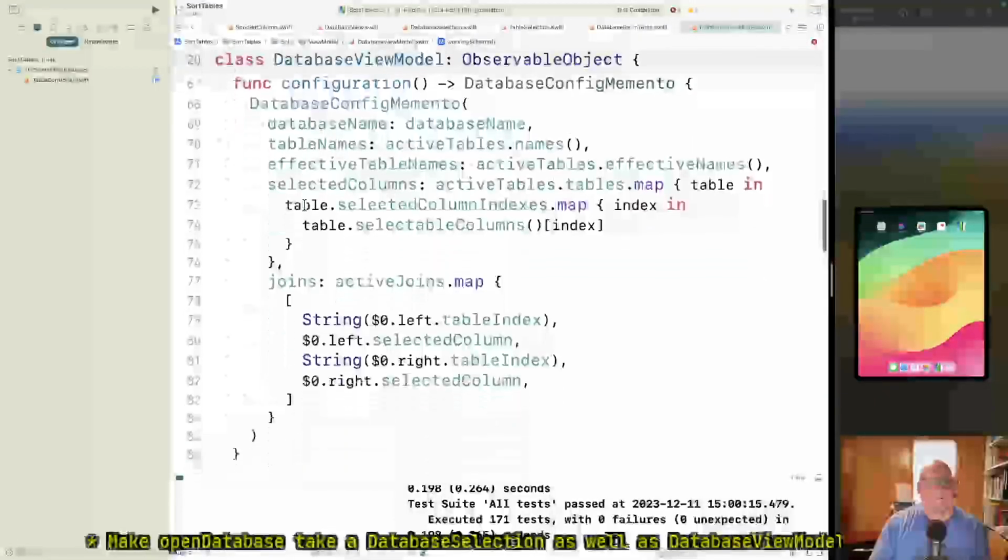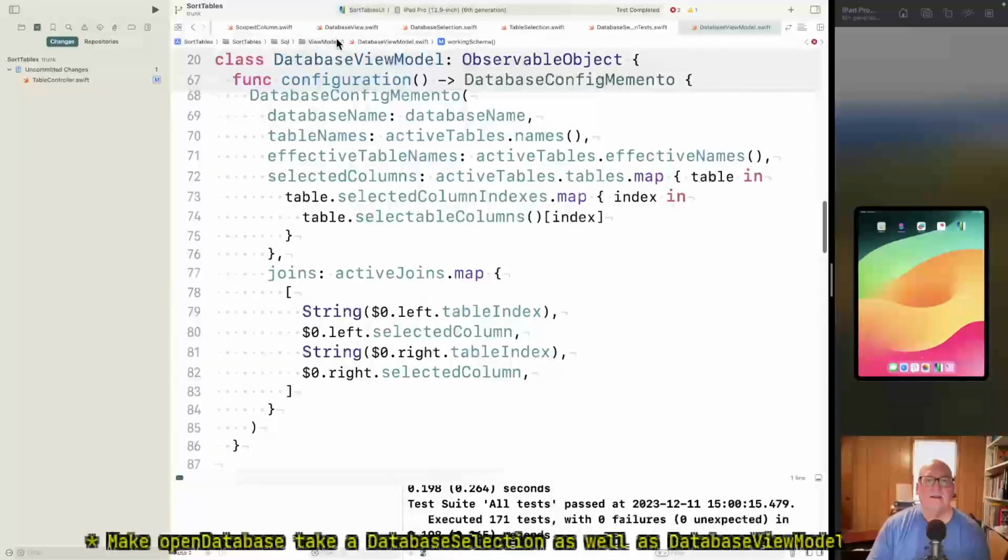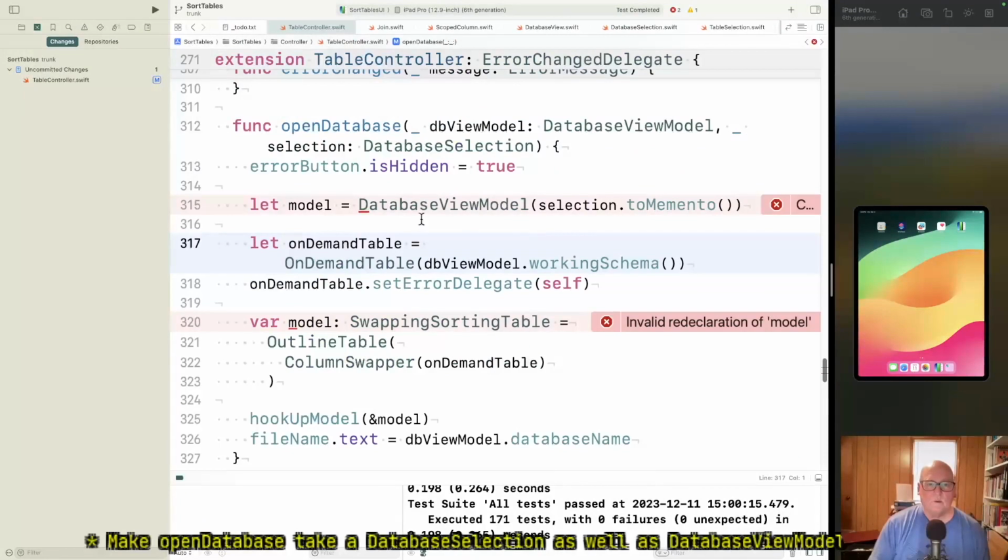Okay, I'm going to switch gears again. Sorry. Rather than create a second model and use that, and then I would get rid of the first one, we're going to see if we can add the working schema method over on our selection. Okay, so